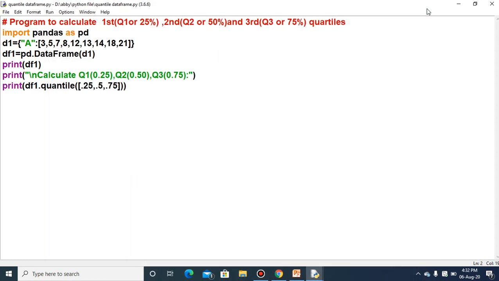Clear? So this I wanted to share with you in this particular session. There are many topics given in Pandas 2, which is the second chapter, but they are removed for this session because of the pandemic. So this will be the last topic for the second chapter, and in the next video class I will start the new chapter, which is plotting, or you can say matplotlib or pyplot.